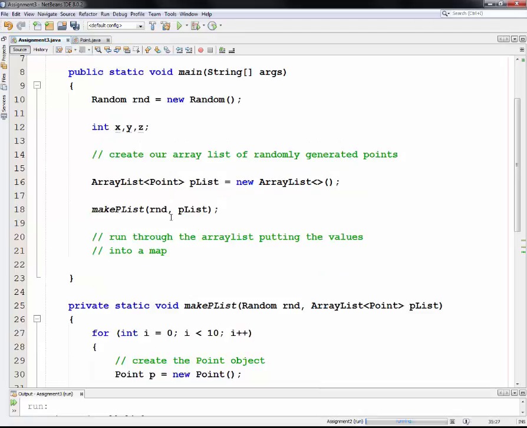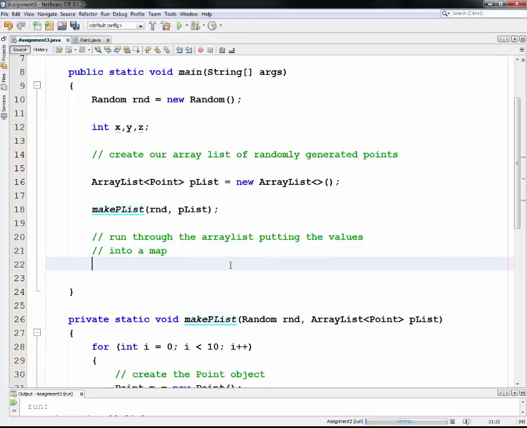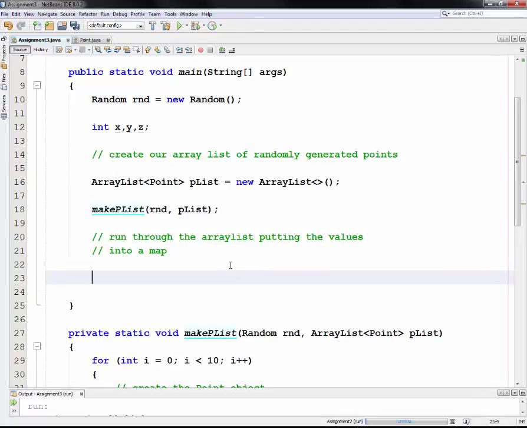So scrolling back up, here's our code. We instantiate an array list of points. We call the makePlist method, which actually fills it with random values. Now we're going to go through the array list. To do this, I'm going to use a for each loop, or Java calls it a slightly less handy term, but it's a for loop that will iterate through the plist without having to use an index value into it. So we don't have to declare x is equal to 0, 1, 2, 3, 4, 5, and pull them out like that. But we could. So for each point in the plist,